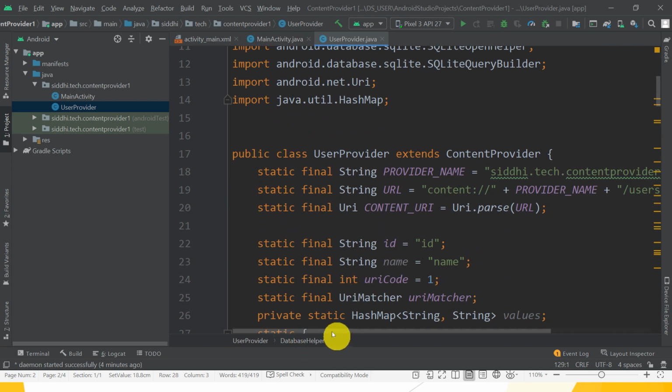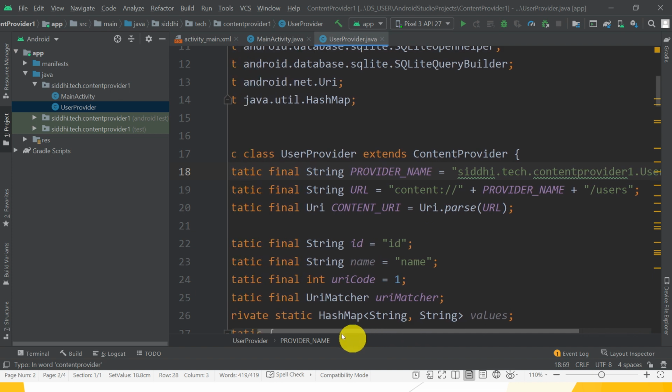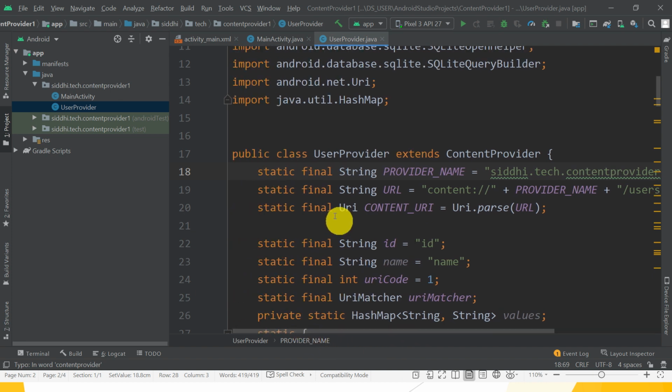Then one most important thing is the path, that is the package name dot content provider. Give the name, and user provider is the class name. So that is the primary content provider name. Great. So this is all about user provider and its content provider.